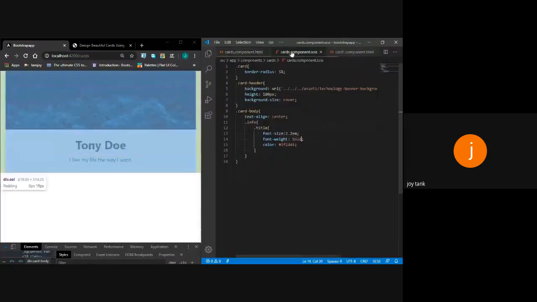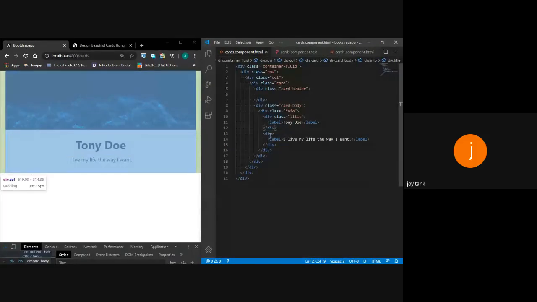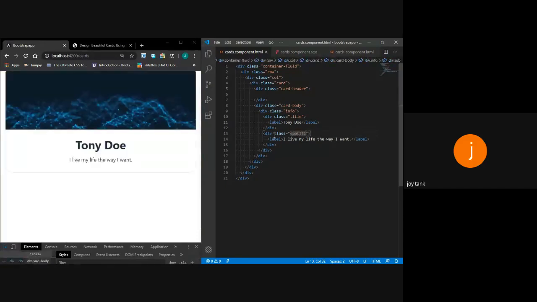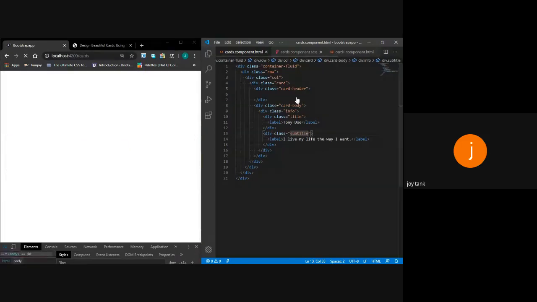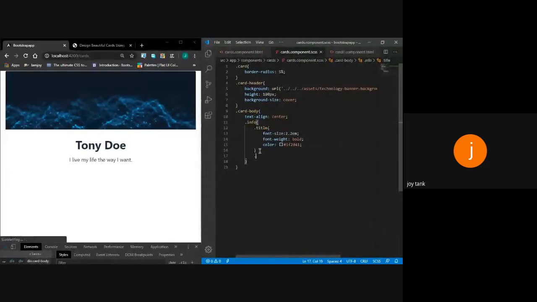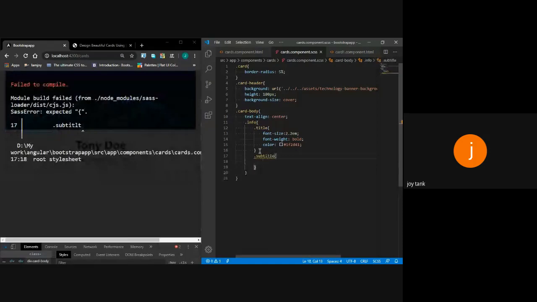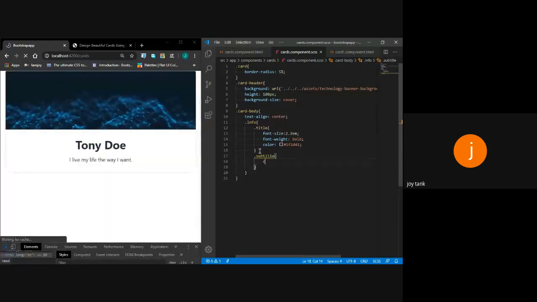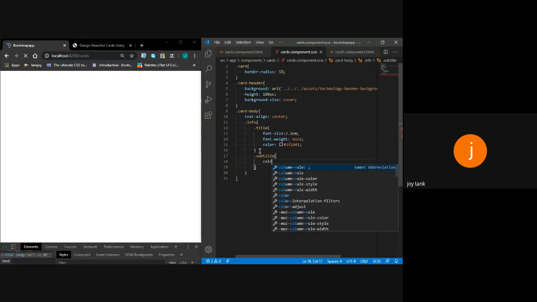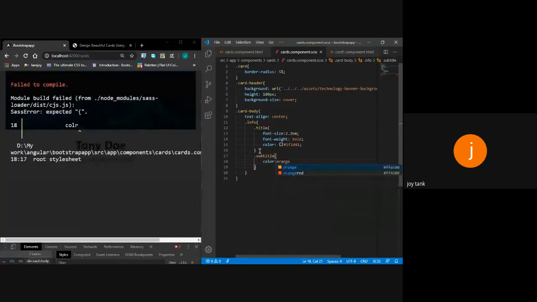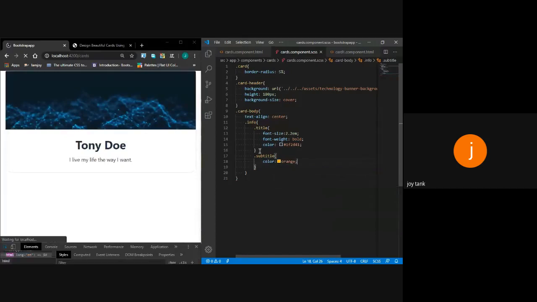Second, now I need this subtitle to contain a class. I want to design it to have a color and a font size value. So I say that it should have a subtitle class. I will say in CSS that please create a subtitle class and give it some color, the color orange. So the orange color appears.